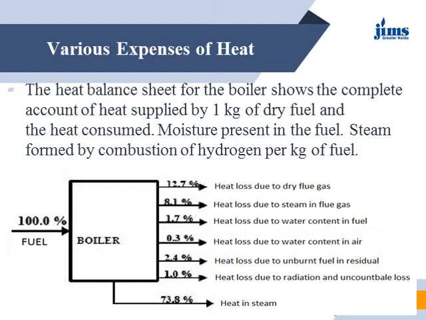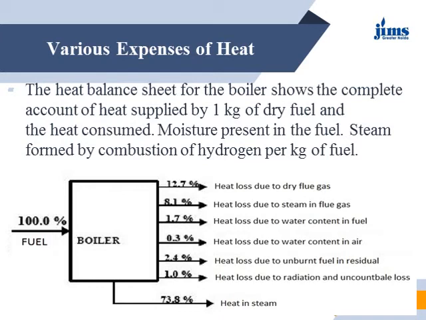So this heat balance sheet for the boiler shows the complete account of the heat supplied by 1 kilogram of the dry fuel and the heat consumed, moisture present in the fuel, and steam formed by the combustion of the hydrogen per kilogram of fuel. So this is standard data. According to this data, 73.8% of the heat generated by the combustion of fuel is present in the steam, and some losses are there, and the major loss is in the dry flue gases, the heat which is carried away by the